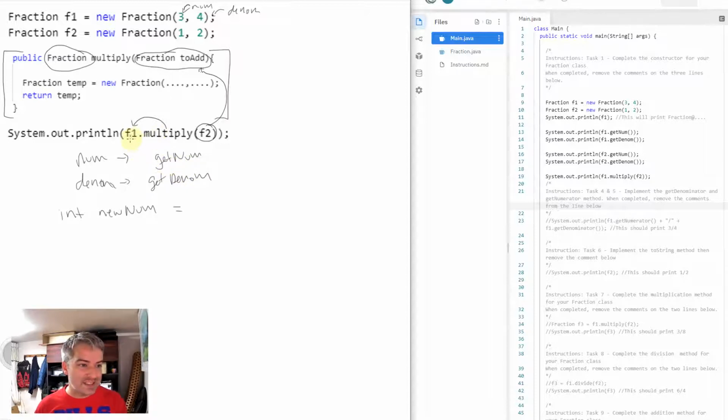Well, since all this is happening inside of f1, I can access the numerator. Hopefully I said that right before, not denominator. I might get those switched up a little bit. I'm going to get my new numerator. I'm going to get this new num by accessing the numerator that I already have available from f1, and then I'm going to multiply it times toAdd